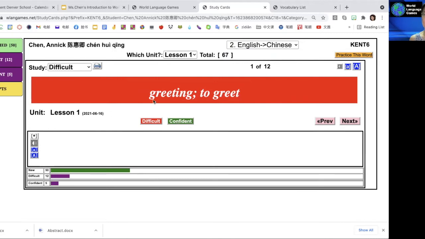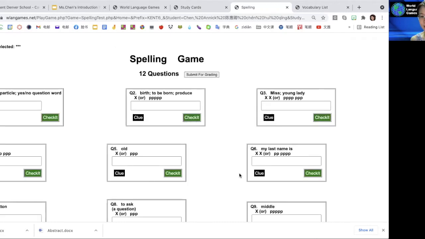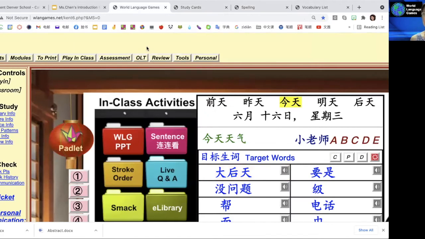This study card is so powerful. You can use it to play games. So you can go to earn points. Which game? Spelling game, typing. Which data? You are going to practice the ones that you think are difficult. So you study your difficult pile and then you can play. Same thing like the spelling game, but this time you are really targeting the words that you don't know that well. Let's review. The first way to study is to go to vocabulary info from here